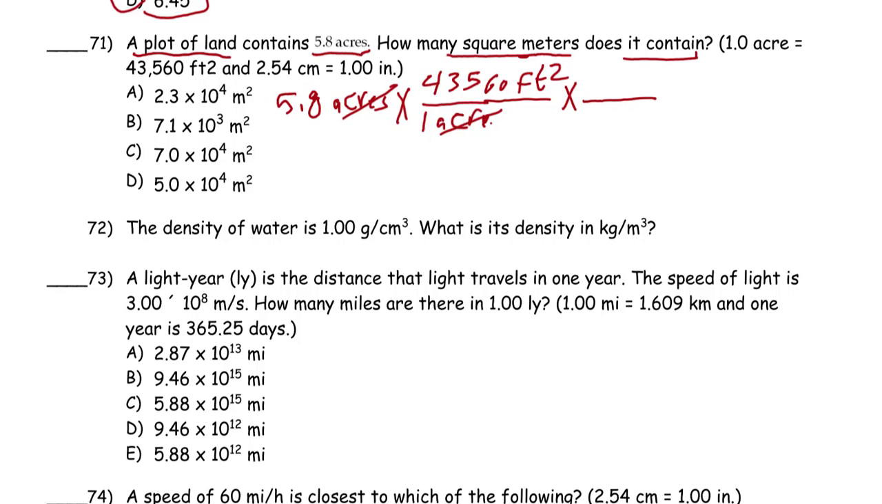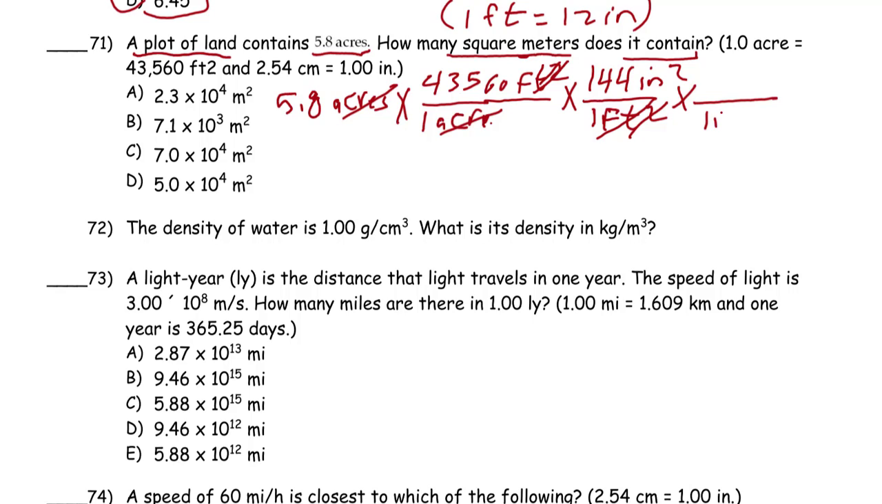Times, you know that 1 foot equals 12 inches. So 1 square foot, we need to square this: 12 times 12, 144 square inches. So feet goes with feet. He needed it in meters, right? You know that 1 square inch, we got it from before, we need to square this relation. It yields 6.45